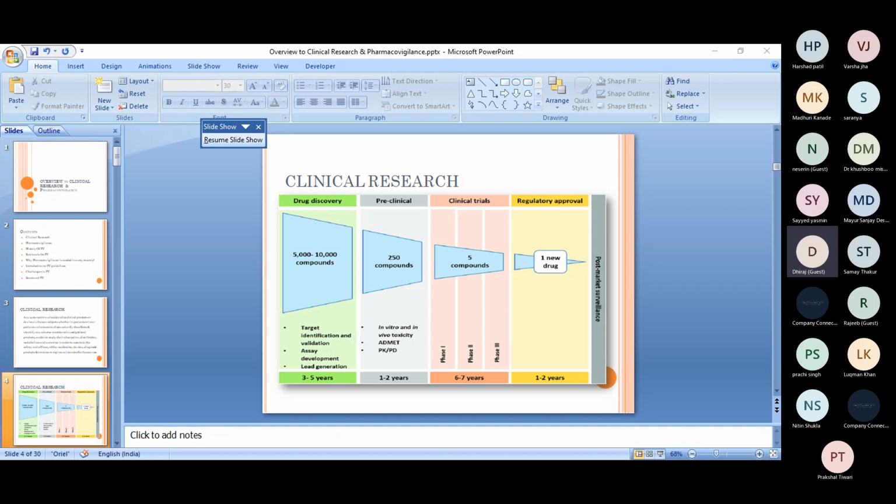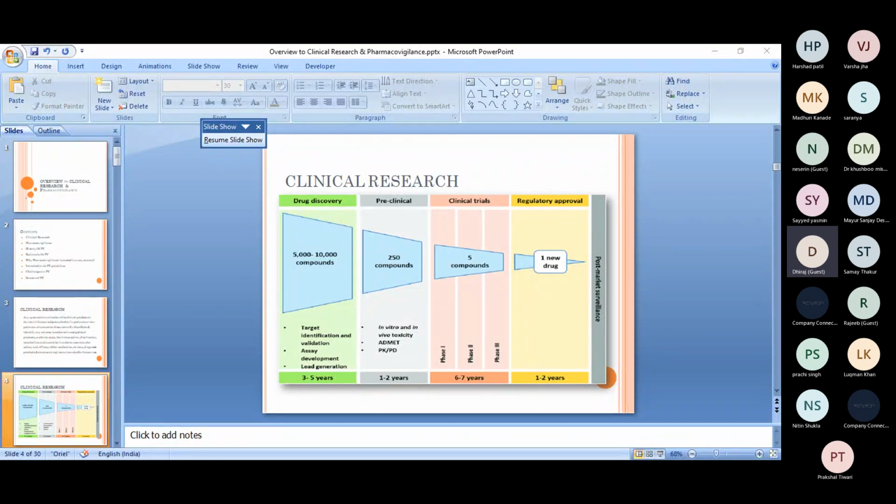So E2A is for clinical safety data management, E2B for data elements for transmission of the individual case safety report. E2C R2 is for the PBRER. E2D is for the post-approval safety data management. E2E for the PV planning. E2F is for DSURs. And M1, M2. M1 is for the medical terminology, that is MedDRA. M2 is for electronic standard for transmission of regulatory information, that is ICSR. So these are the standard guidelines, and we are following across the globe